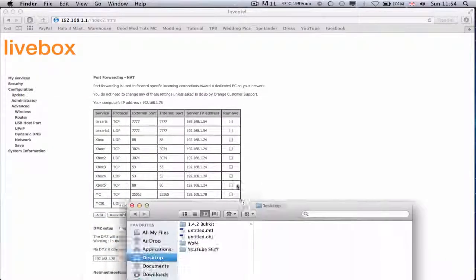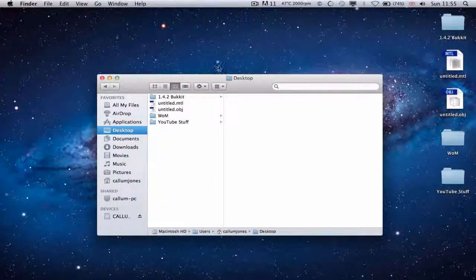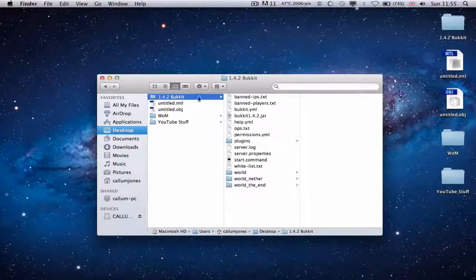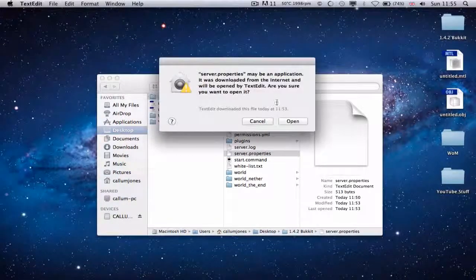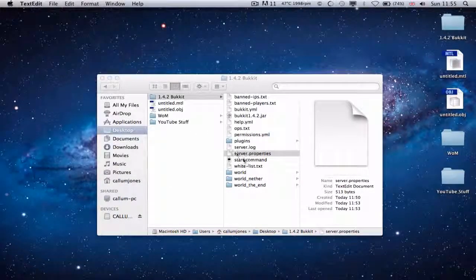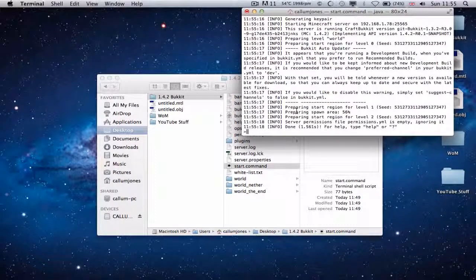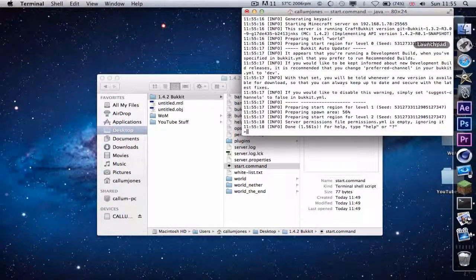Okay, now port forwarding is done. We are going to launch up the server. So just make sure that I've done everything correctly before I launch it. Done. Okay. Let's start. Okay, now